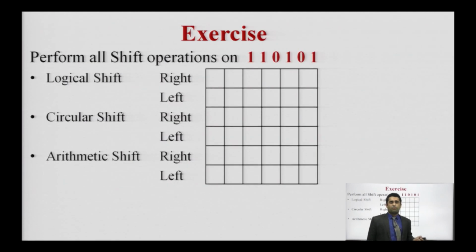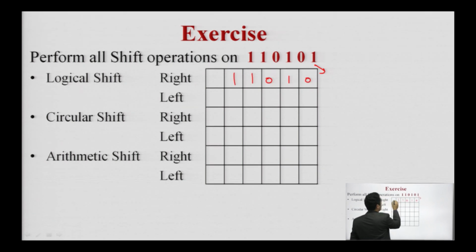If we are performing an exercise, see this example, now I have changed the values. If we are performing a logical shift in this case, what are we doing? We are performing a logical shift right. So, on the right side we are going to shift the values. This value is going to be shifted out of the bound, and the values 0, 1, 0, 1, 1 remain, and at this point, as we are using a logical shift, the value is 0. When we are performing a logical shift left, this 1 is out of the bound and here we are using 0.